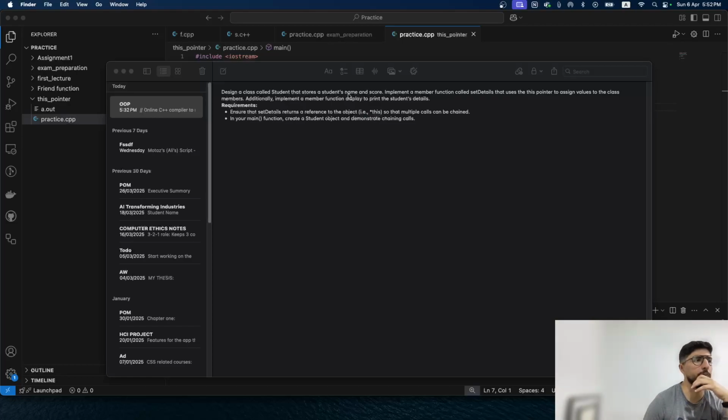So we have two data members, name and score, and then we have implement a member function called set details. So this is the first function that we have that uses this pointer. So this pointer within the set details to assign values to the class members. Additionally, implement a member function display to print student's details. Requirements, it says ensure that set details return a reference to the object this so that multiple calls can be